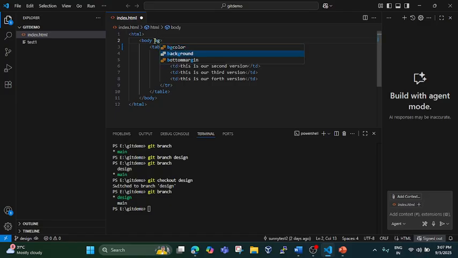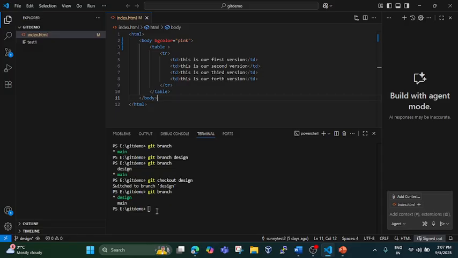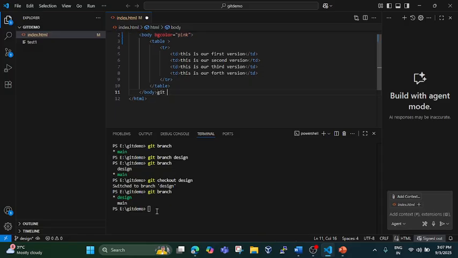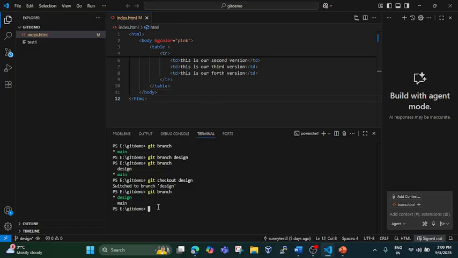Let's say background color is equal to pink. Okay, and let's save this, Control S, and now we have to add this page. You know how to add. Let's save it again, Control S, come to the terminal, git add